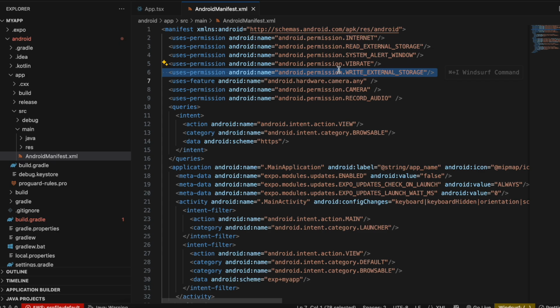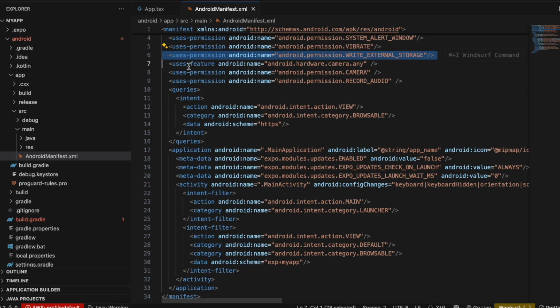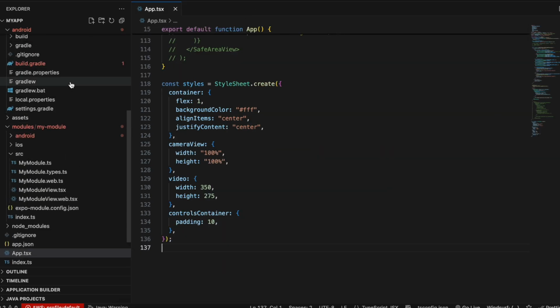If it is not, make sure you add it, because these things keep on changing with every Expo version, so they might decide to remove it in the future as well. Then these 3 permissions I have added explicitly. First one is uses-permission of android.hardware.camera, then the camera permission, and then the record audio permission. Okay, then you need to go to